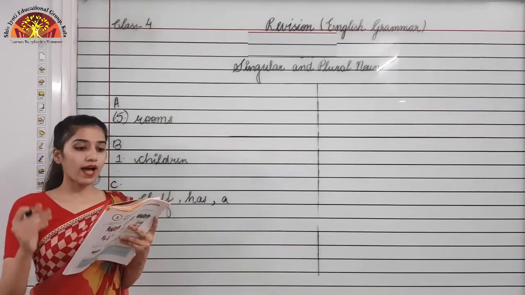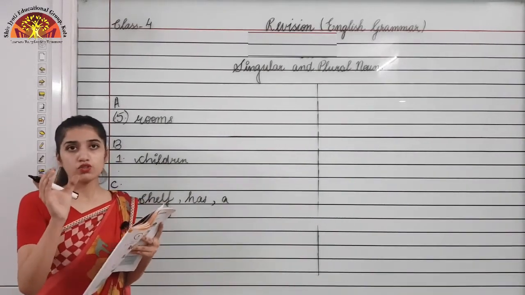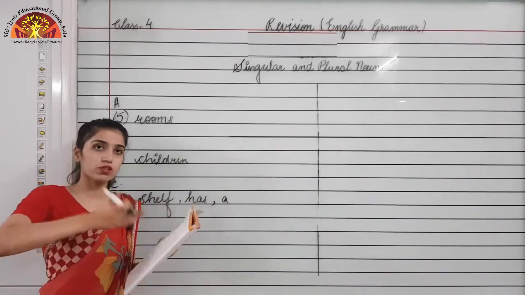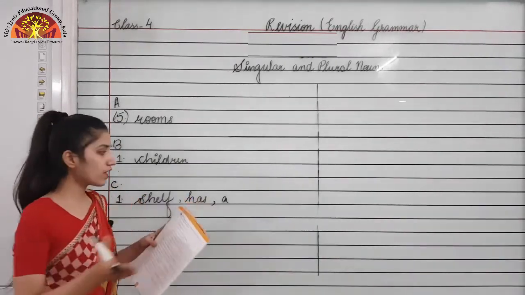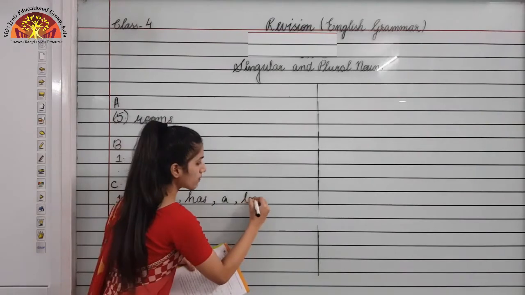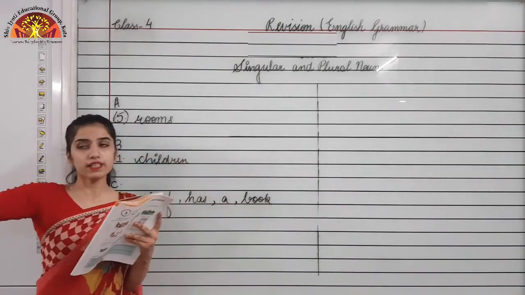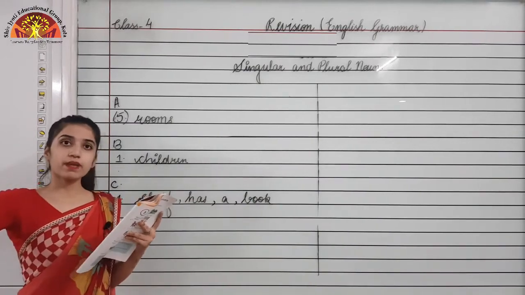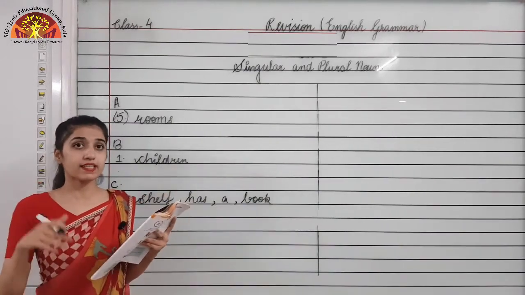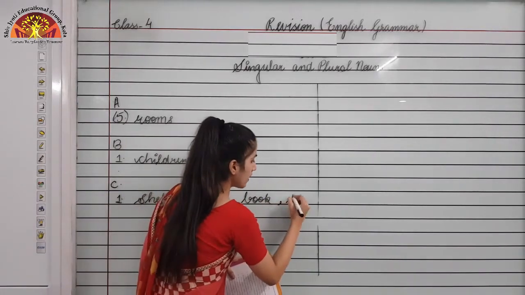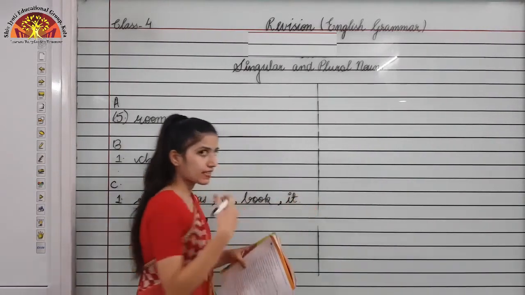Okay, and the example is there, books. So books will be converted into book, because now we are converting from plural to singular. And it was written them in the last. So them will be converted into it, because that's a non-living thing. That is why we used it, not her or him, or like these examples.